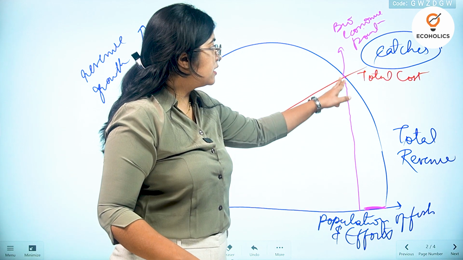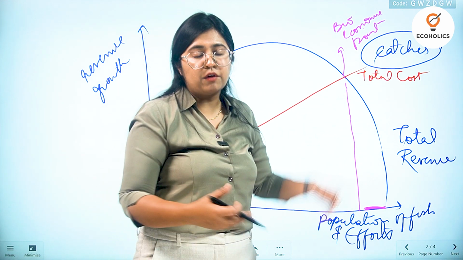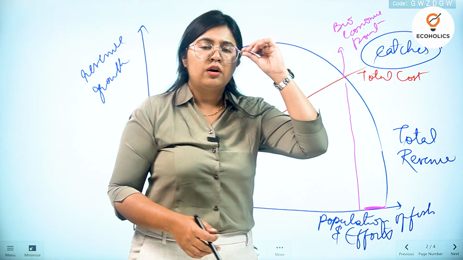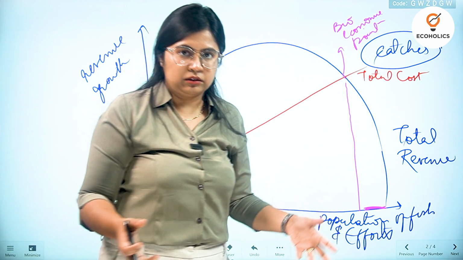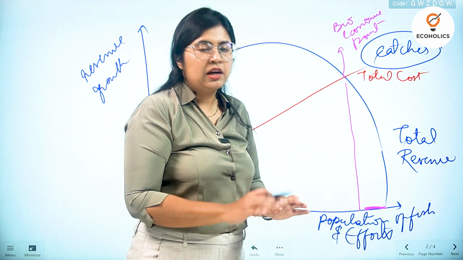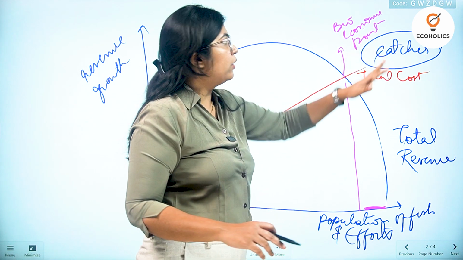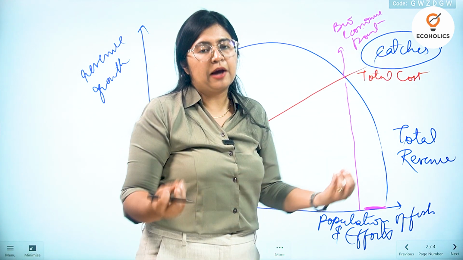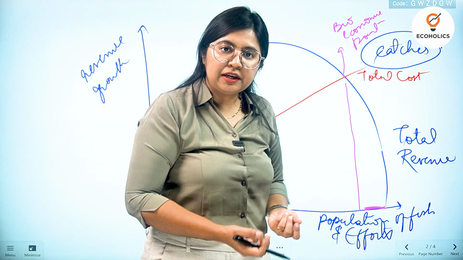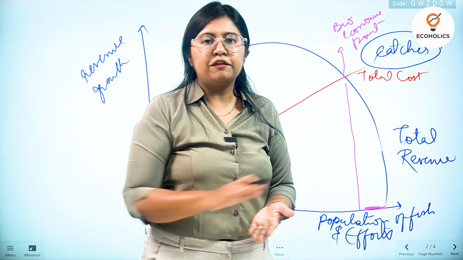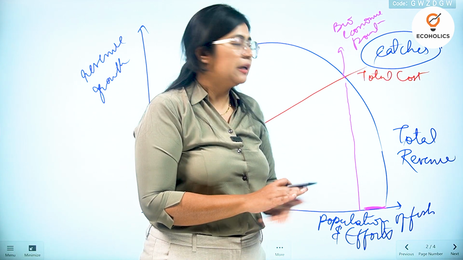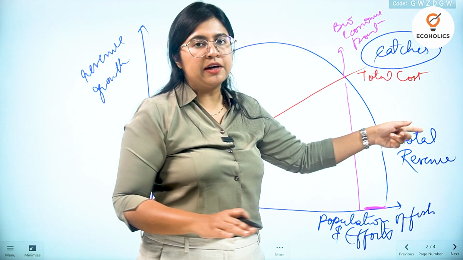The effort is really great for catching this fish, and it will definitely give a very low or negligible return. So which is why the total cost and total revenue here meet, and so this is a point of bioeconomic profit or bioeconomic point, which depicts no profit for the fisheries,